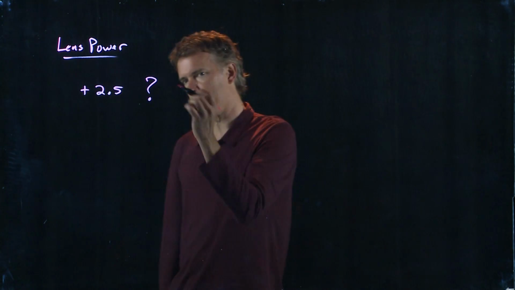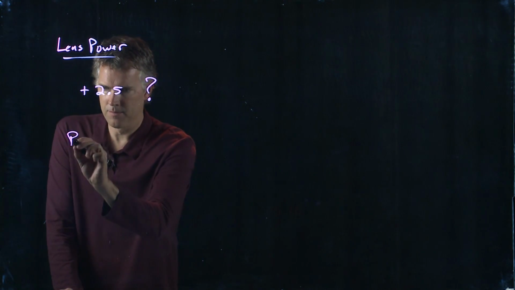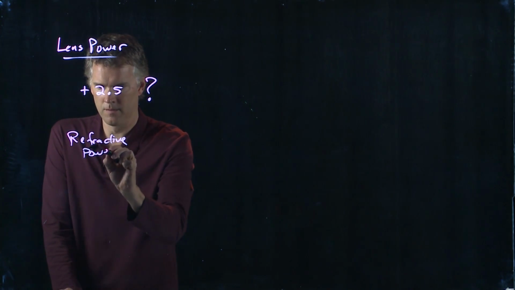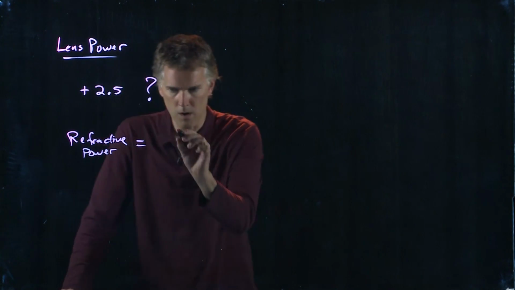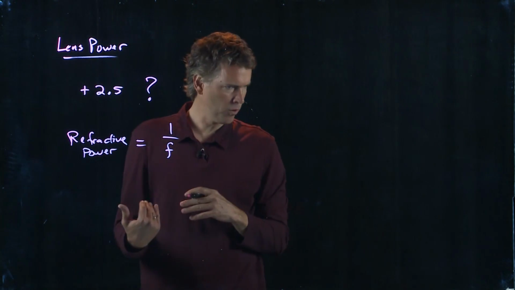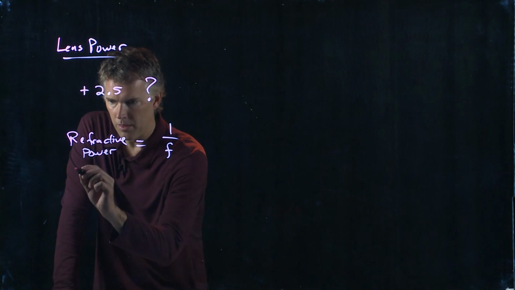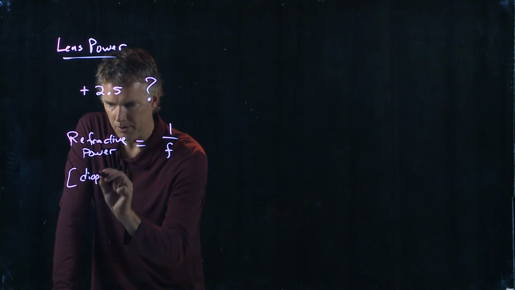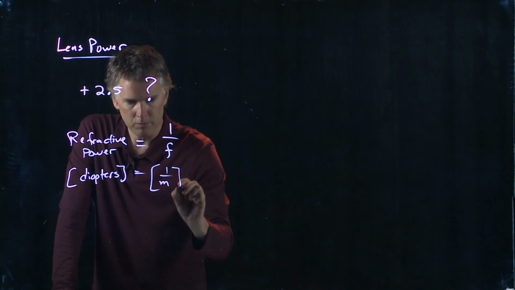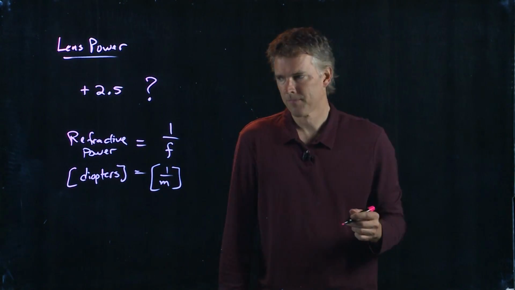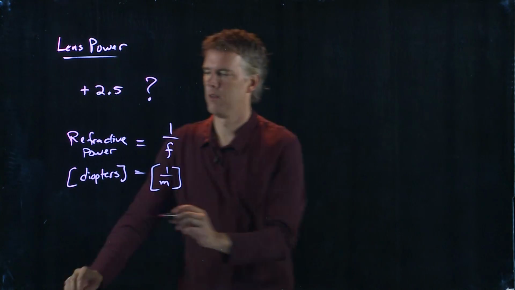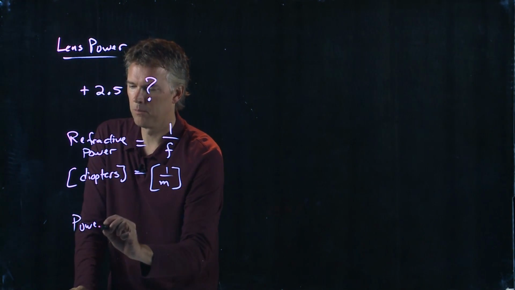What is the lens power? Power, or more specifically, refractive power, is 1 over f. Okay? It's just 1 over the focal length of the lens. So this is measured in something called diopters. And diopters is, of course, just 1 over meters. All right? So if you have a +1 lens, if your power equals +1,